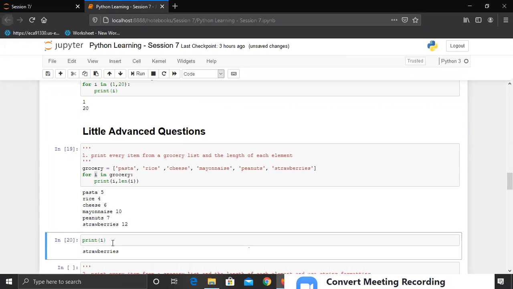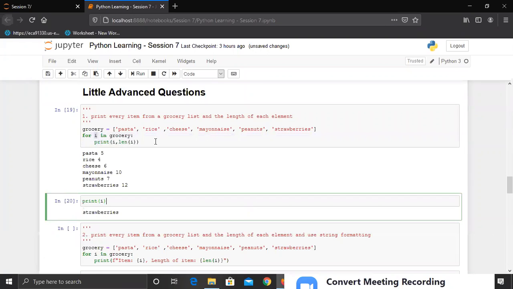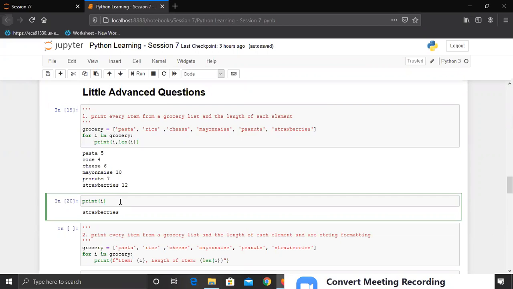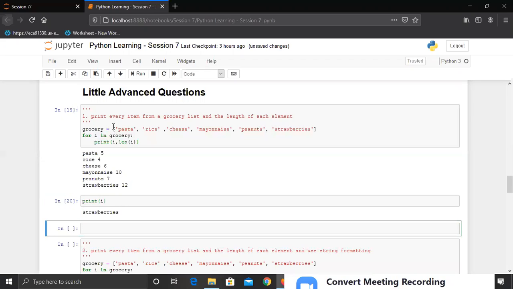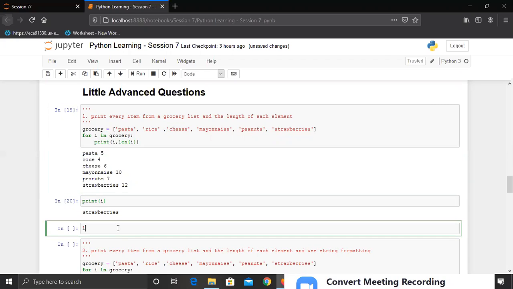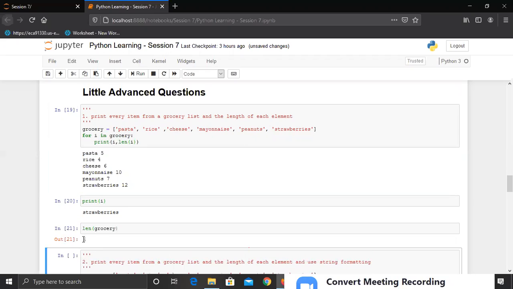So this is just for explaining how the loop works, and it basically doesn't clean the memory once it is completed. And then one more thing I told you, if I want to check how many elements are there in this list, we can use a similar function, which is len. It basically finds out the length of the elements that are there. We can use len, and what is the list? It is grocery. If I print this, you can see there are 6 elements.